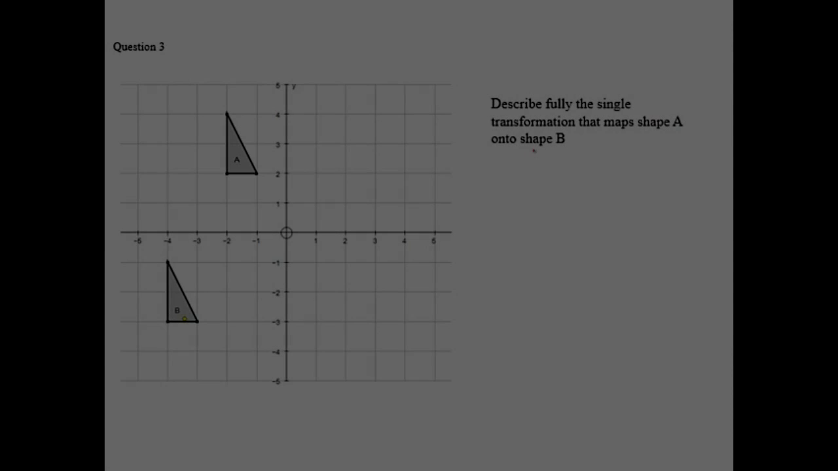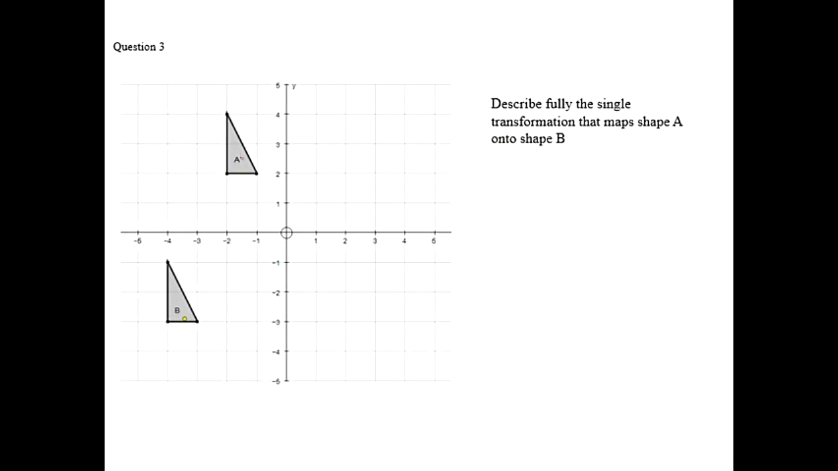Question 3, this is a transformations question. This shape has simply been moved from A to B, so it's not been rotated, reflected, or enlarged, it's just gone from here down to here, and we need to describe that with a vector. So it's a translation, because translation is the mathematical way of saying move a shape, and the way to test